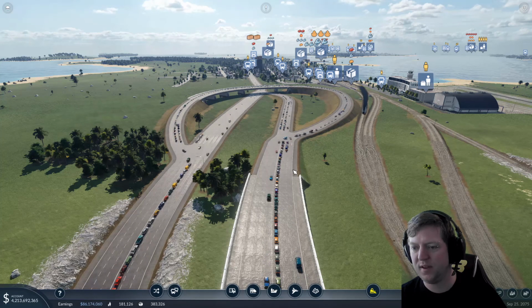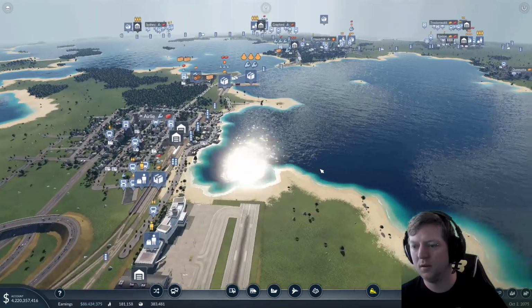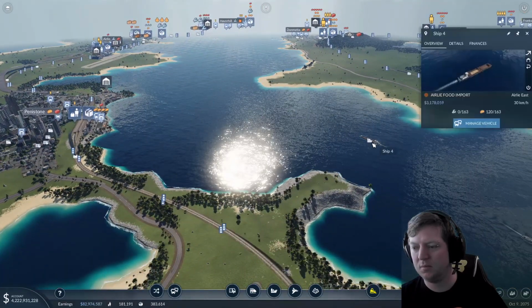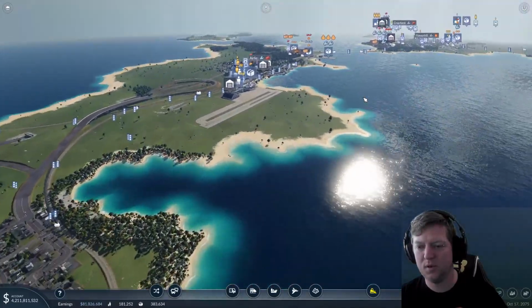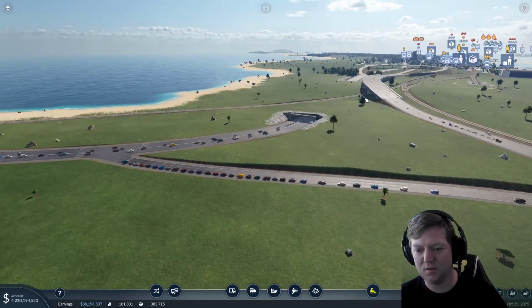I do emphasise the fact that it should. I don't know if it will, but anyway. Alright, where's my boat? My boat here yet? Here it comes. Still coming. Alright, so we're going to speed it up. Hopefully that's going to leave us with some...